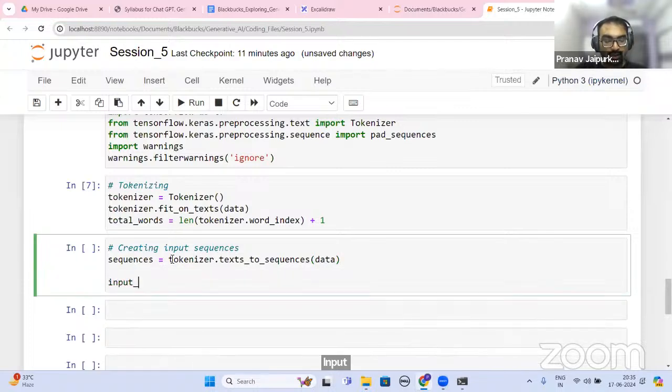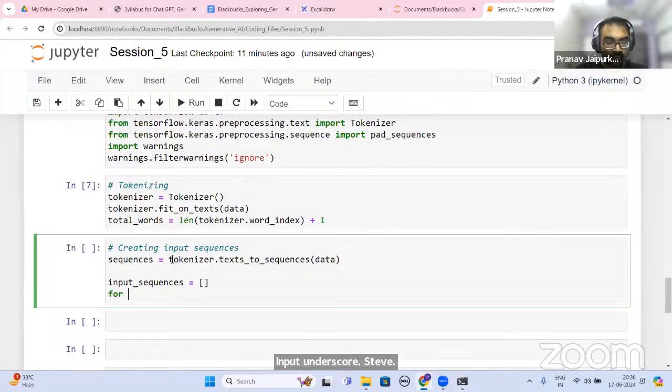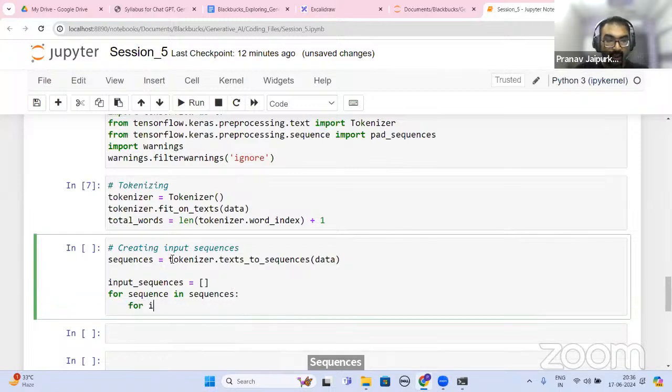Input_sequences is equal to this. For sequence in sequences, for i in range 1 to length of sequences.